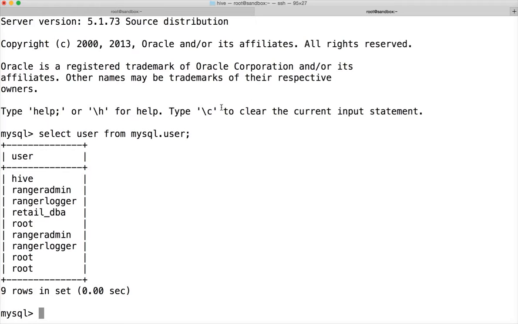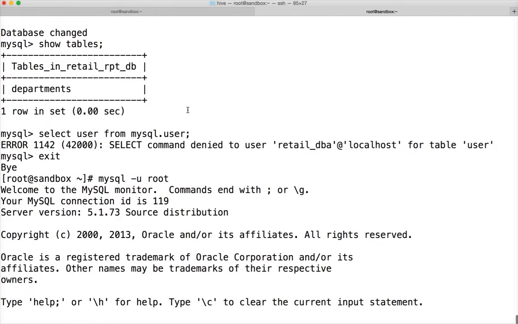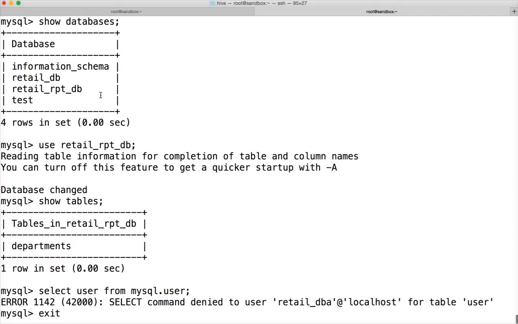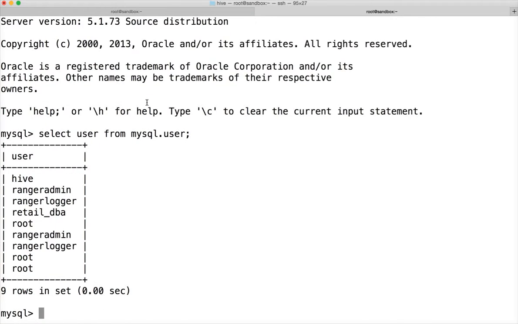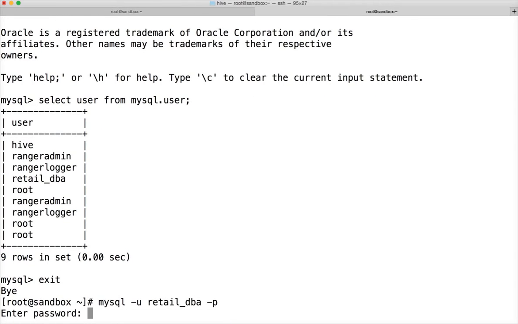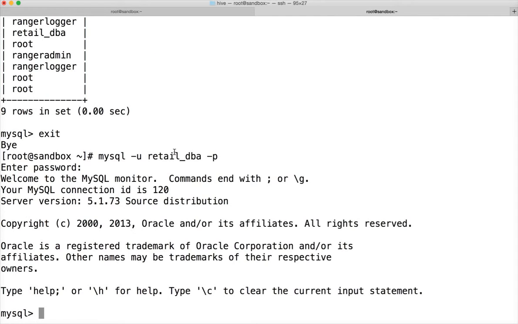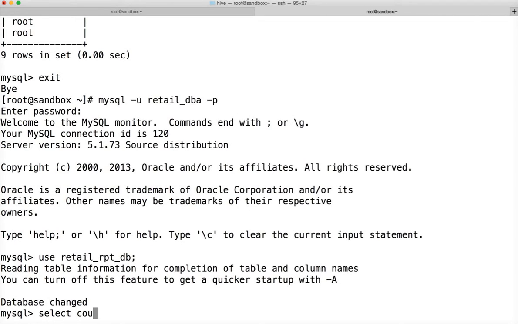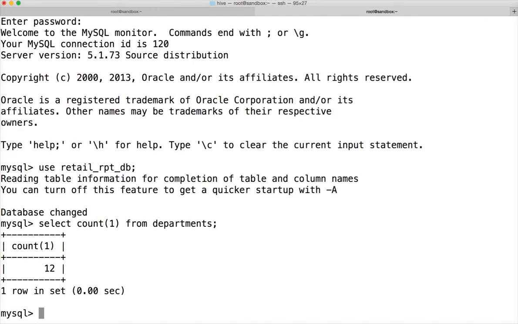So there is no user for the database retail_report_db, or let me see. Let me exit. Again, I connected as retail_dba. Use retail_report_db and select count of 1 from departments. Yeah, so this user can access tables in this database, and now we will create